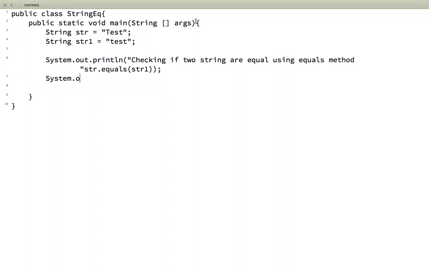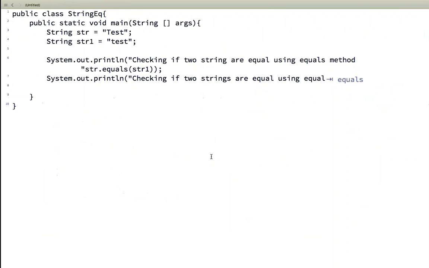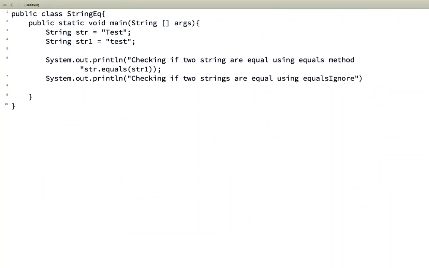Next we do this, checking if two strings are equal using the equalsIgnoreCase method. What do we do? We say str.equalsIgnoreCase(str1), right? So now